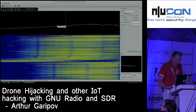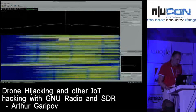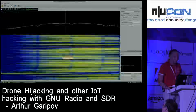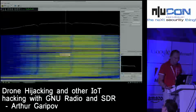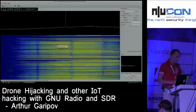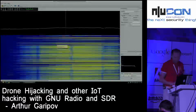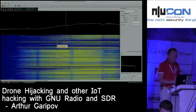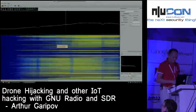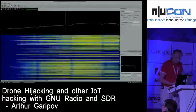You can see the spikes sometimes appear here. For example, this is our transmitter. You can see that sometimes it goes higher. Our transmitting data, but there are a lot of devices in the air. It's not Wi-Fi. It's some kind of another transceiver. So